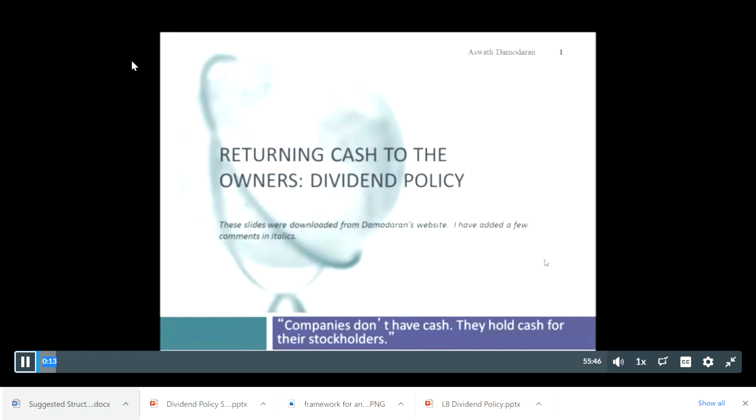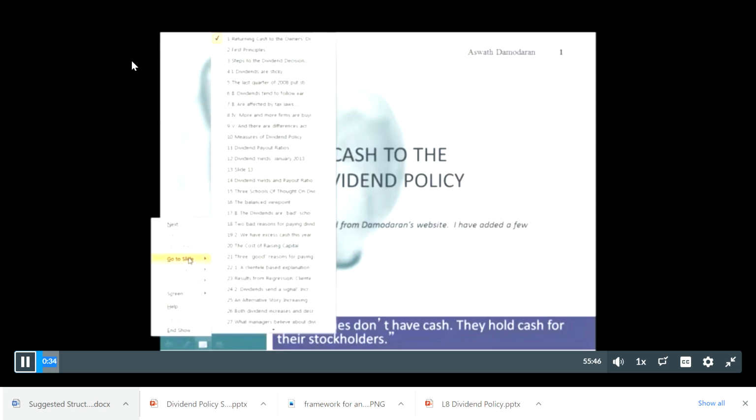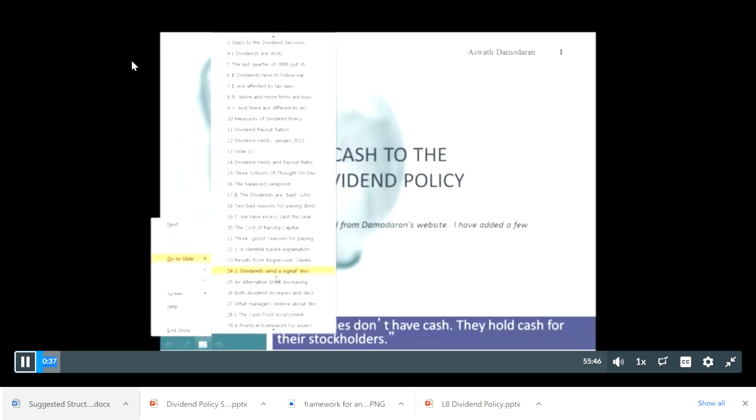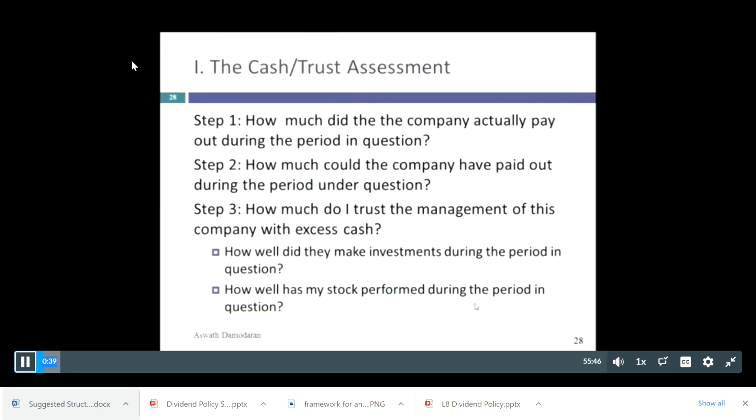And of course, when we talk about dividend policy, we should include in that the idea of stock buybacks or repurchases as an alternative way for the firm to return cash to its equity holders. So I'm not interested, though, in this whole slideshow, because what I really want to focus on today in this Camtasia lecture is how to assess the policy, right?